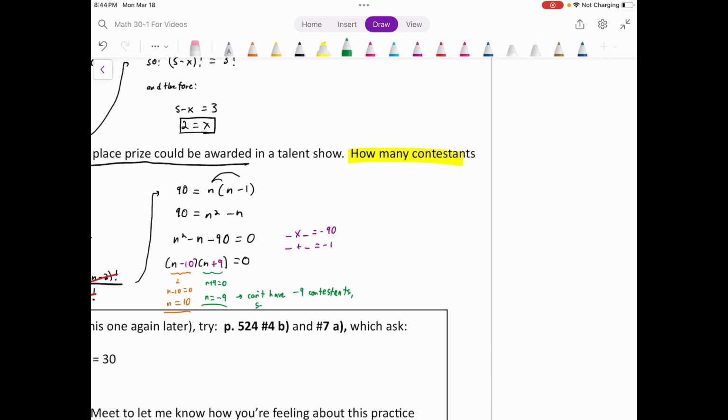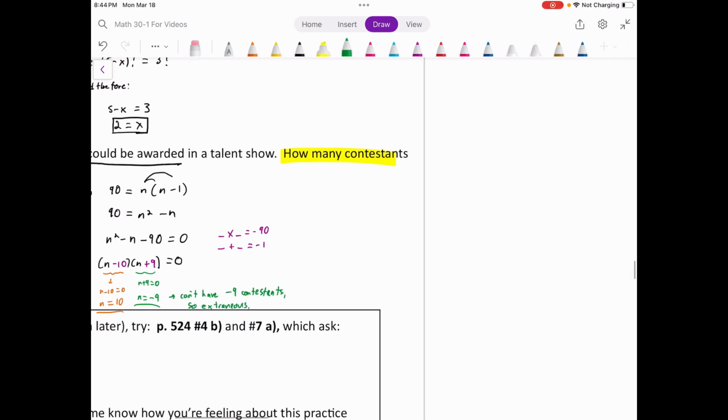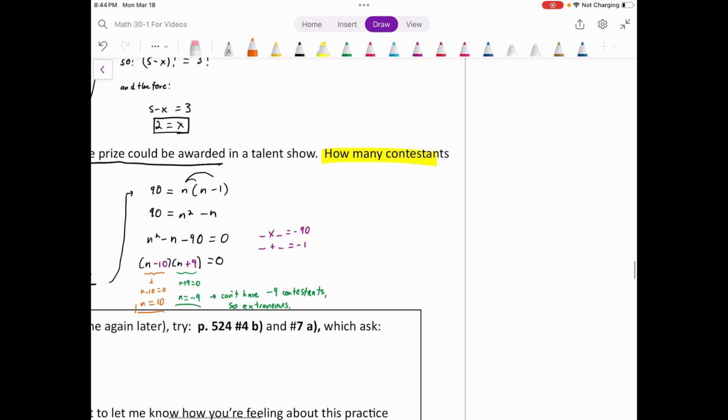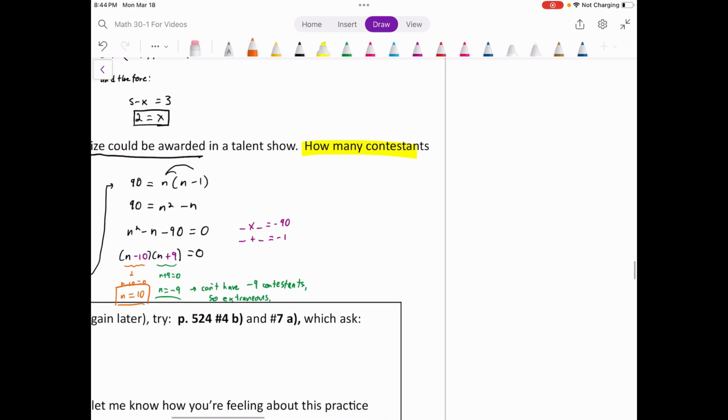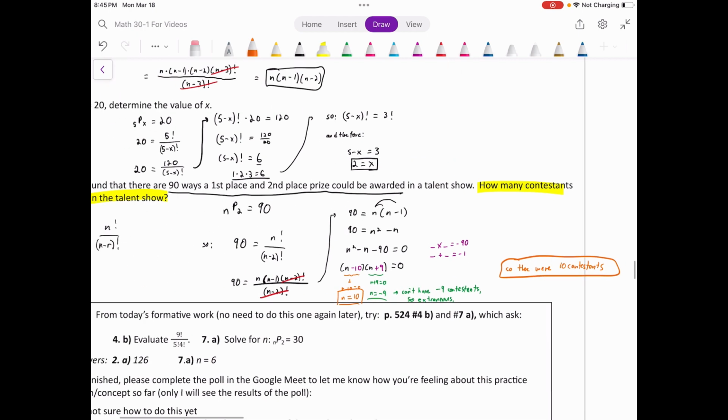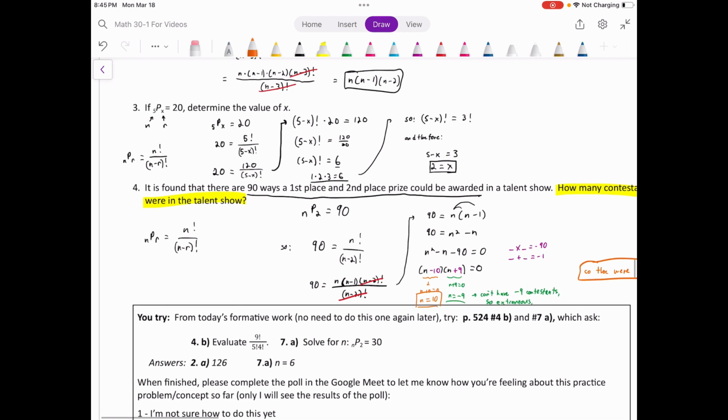So this is an extraneous solution. We'll reject that one. But 10, nothing wrong with that. We could have 10 contestants, right? So there were 10 contestants, okay? And that's often the strategy when we need to solve for an n here in like an NPR type